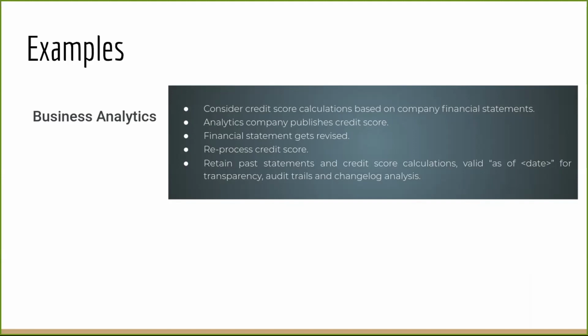And as it every so often happens in the real world, these financial statements sometimes get revised. If that happens, then obviously the credit score has to be recomputed. But you cannot just simply discard the old credit score, because some investors may have already made their decisions based on the old score. And therefore, you need to provide a complete track record of what the input was that was used to build the older credit score. It's not sufficient to just have the older credit score in place. You also need to be very transparent about what input you use to calculate that credit score.